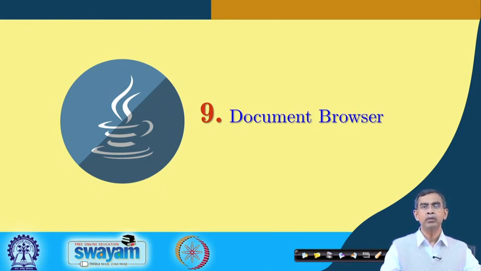Definitely it will not browse everything; I just want to make it a little bit simple, so that we can restrict to a particular kind of documents. Let it be only PDF documents. That means those are the documents available in the net. There are millions, billions of documents available in the net in PDF format. So, this document browser will only search the PDF contents available on the internet, in the World Wide Web.